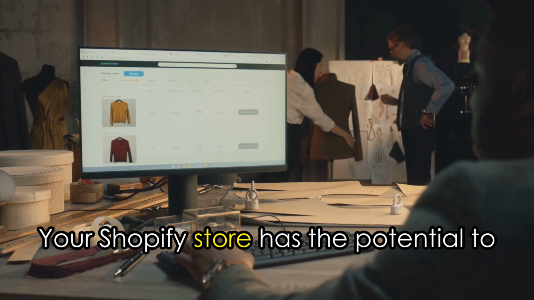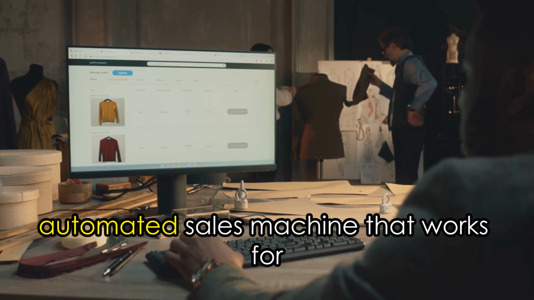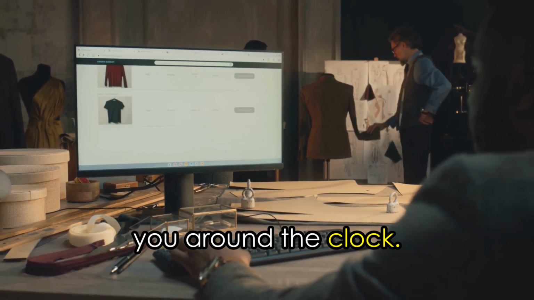Your Shopify store has the potential to become a powerful, automated sales machine that works for you around the clock. Don't just build it,